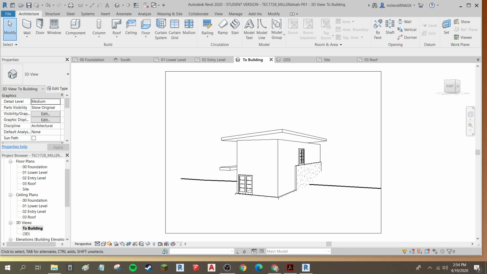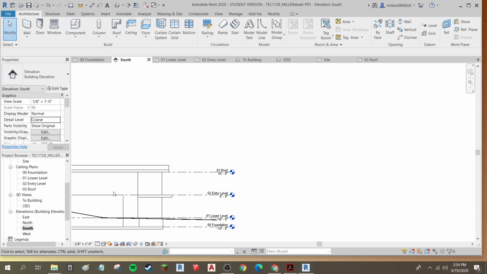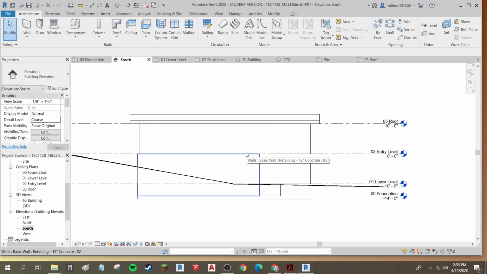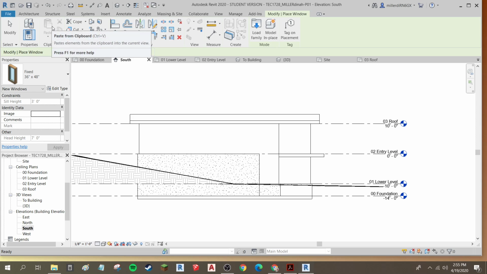Next, we'll add our windows. So I'm going to open the south elevation view in my project browser. I'm going to double click and zoom a little bit to see it better. And I'm going to click on the window command, and then I'm going to load in a family